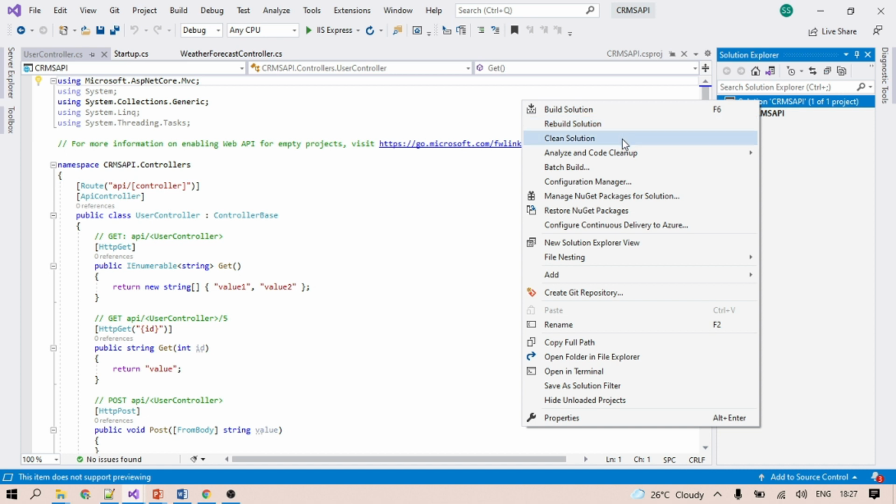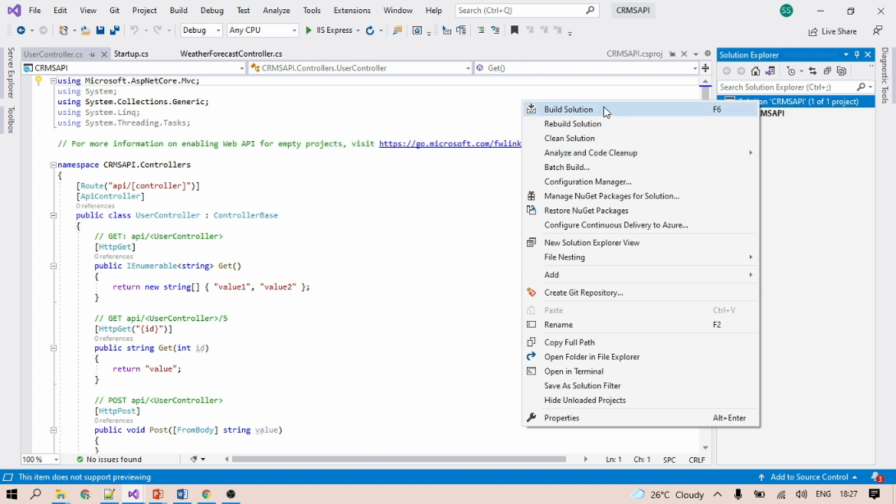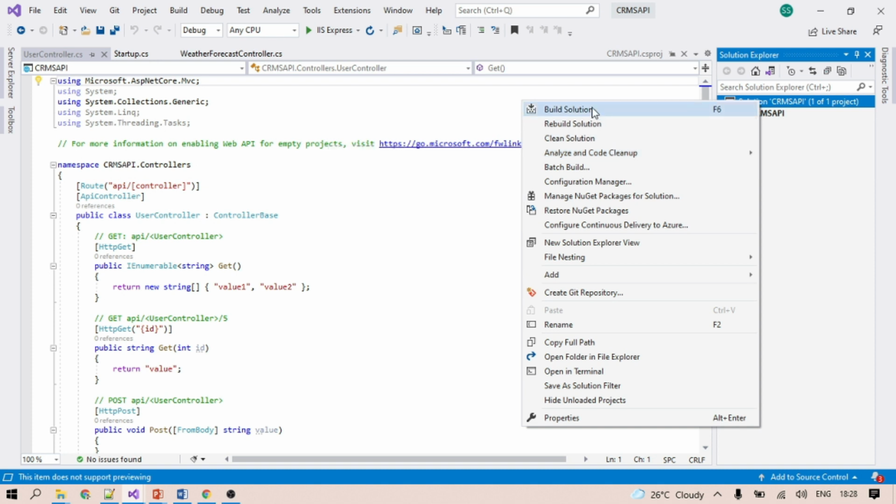Later on we will show you how to add the references of these newly added projects, what the advantages of creating these projects separately are, and if we are not adding the reference, what the disadvantages and problems are for the solution.